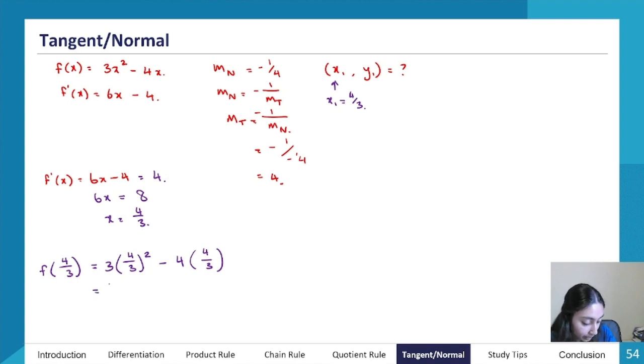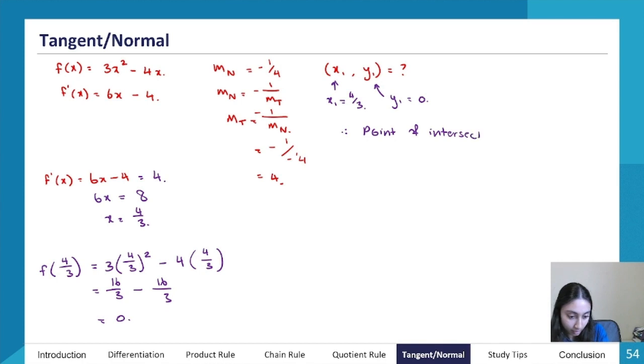Okay, which will get me 3 times 4 on 3 squared, 16 on 3 minus 16 on 3, which is 0. Okay, so my y1 is equal to 0. So therefore, the point of intersection is 4 on 3, 0. And that is my final answer. Okay, so